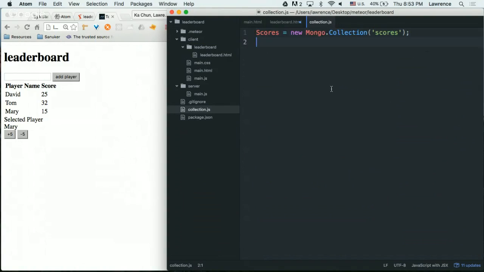Okay. Here, let's go back to some theory. This line actually is not so complicated. Today we are going to create a database. There are many different database technologies. You have something called SQL, structured query language.